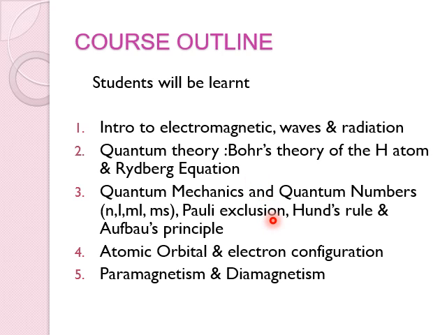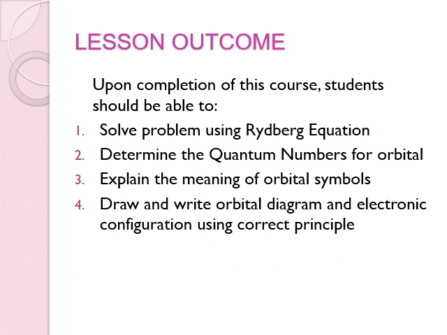Quantum mechanics and quantum numbers, n, l, ml, and also ms. And then the Pauli exclusion principle, Hund's rule, and the Aufbau rule. We're going to emphasize on these. And then atomic orbitals and electron configuration, also paramagnetism and diamagnetism. Upon completion of this course, students will be able to solve problems using the Rydberg equation, determine